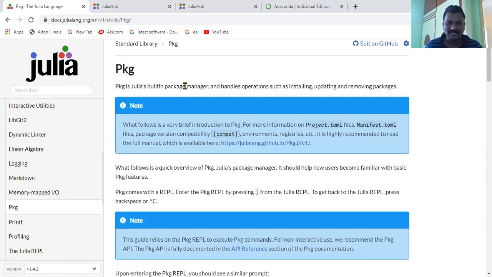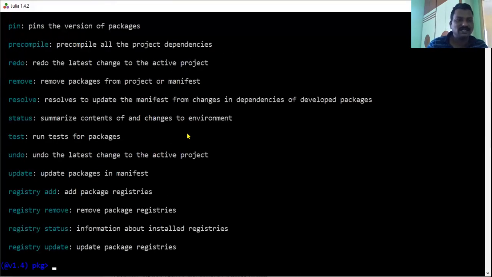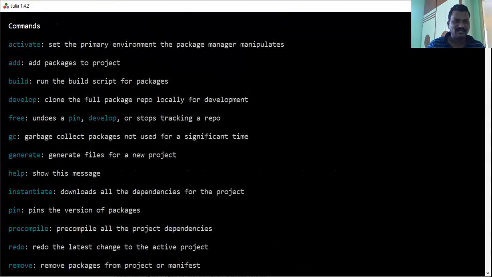Pkg is a built-in package manager. If you type help in the package manager, it will display the related package information and the different commands.